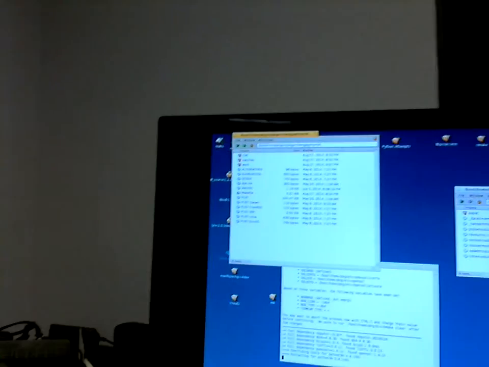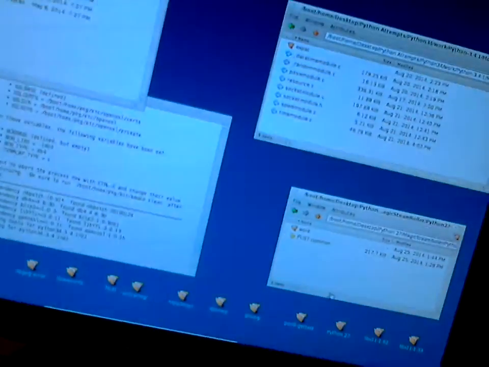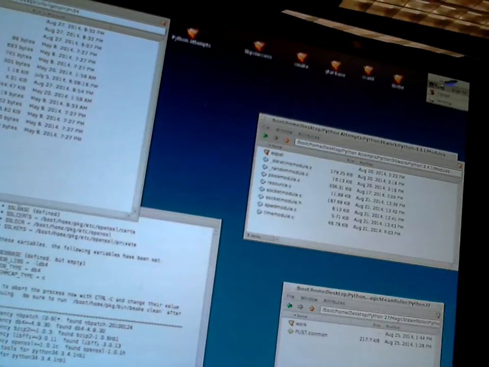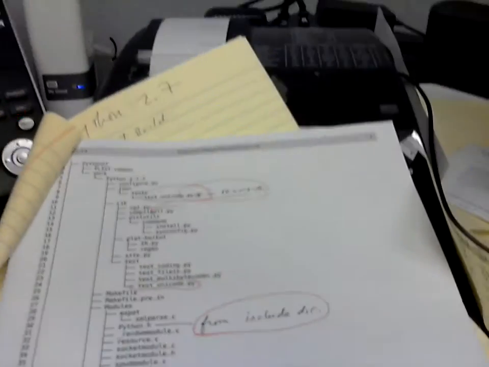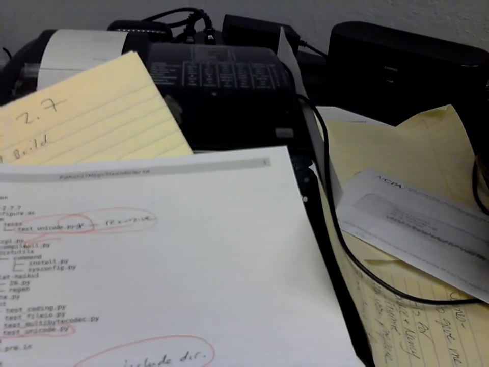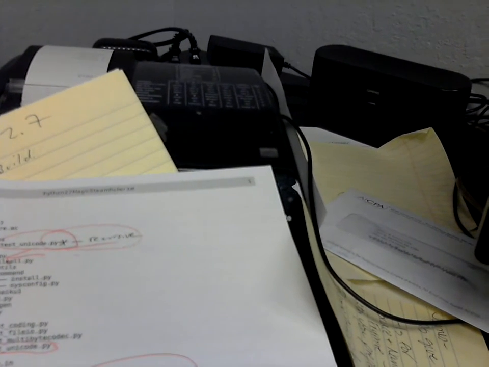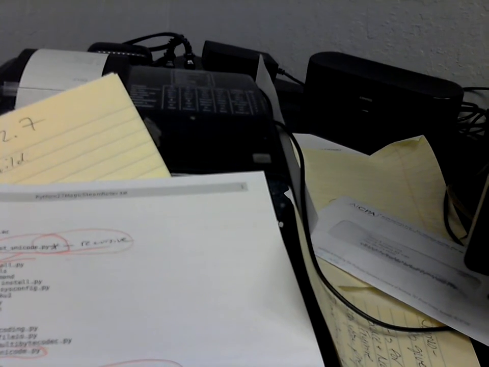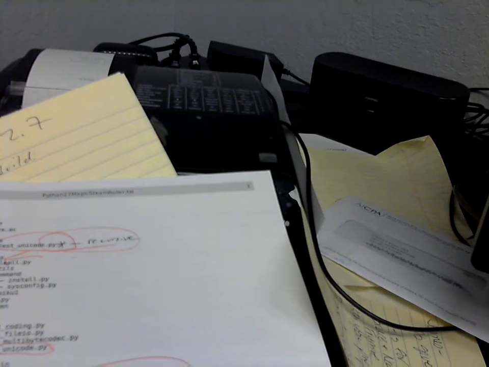But the one thing I do want to do is look at these test Unicode files. This is what I did in 2.7: I moved the Python header into the modules directory. I ended up editing